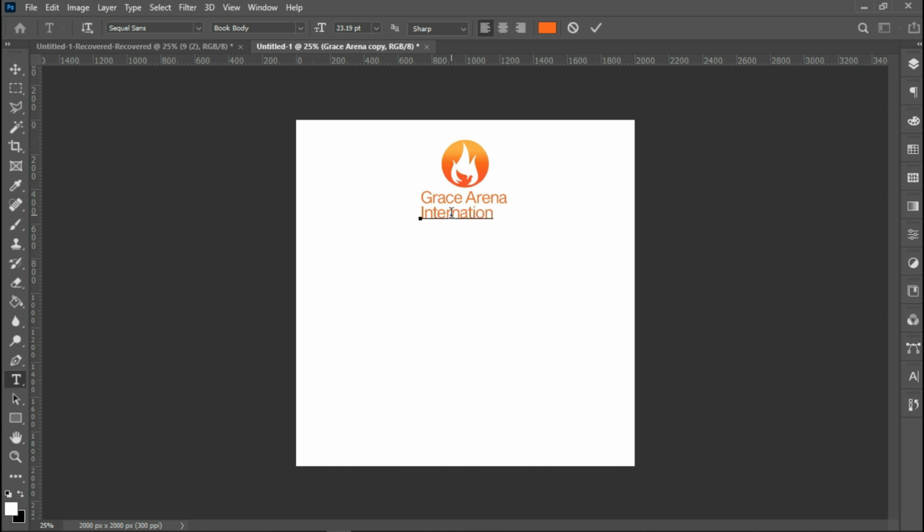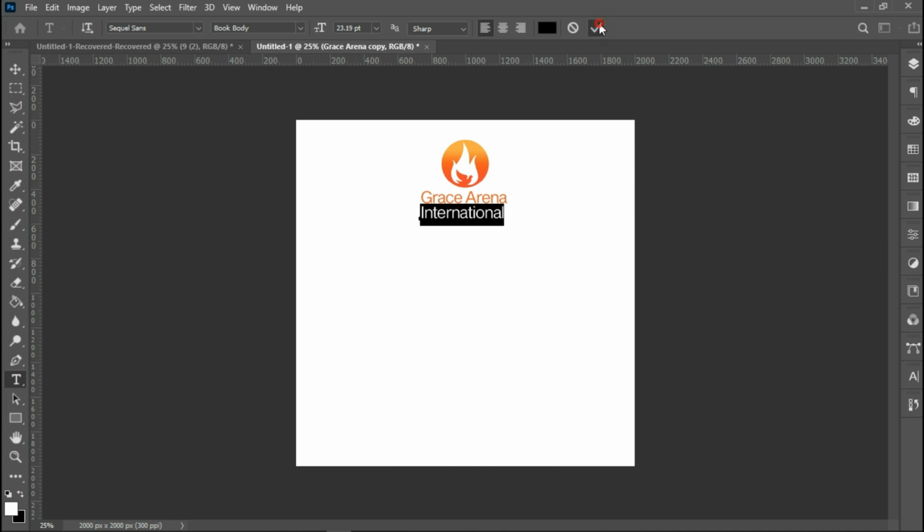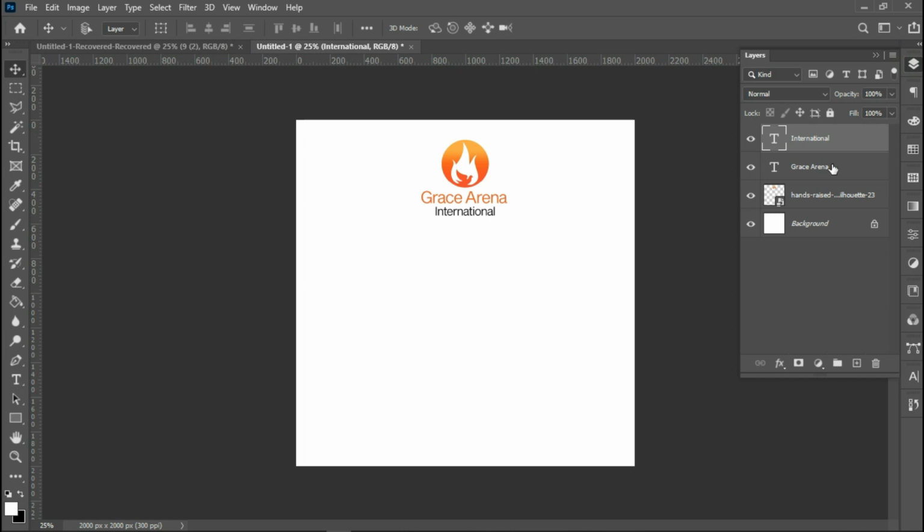International. So for the international, I'll be using black color. Then Control A once again, after I finish sizing it. Control A, then align. Okay, let me just place this a little bit. Then I'll go to my layers and I'll group this together,